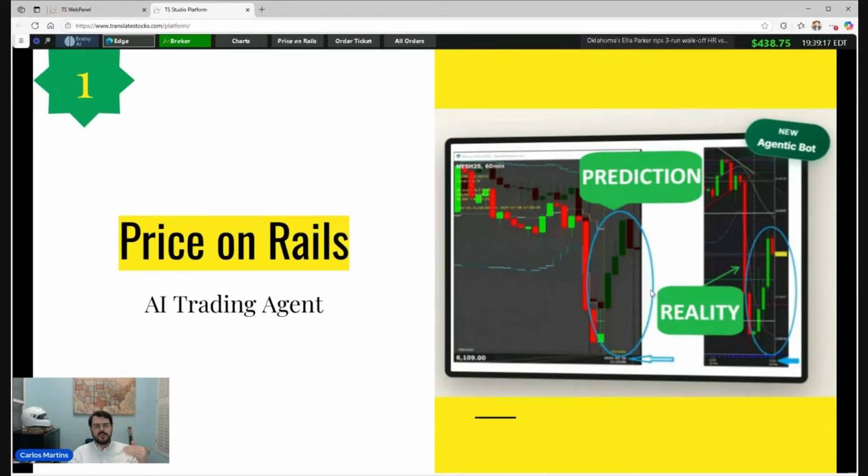And in this other picture here, you have what happened after that. This is a 60-minute chart of S&P futures. And here you can see what is predicted and what's the reality. This is the trading platform. This is the thing that's going to show you how to do stuff, okay? The AI agent is calculating the predictions for you, and the platform is where you are inside, like the car.